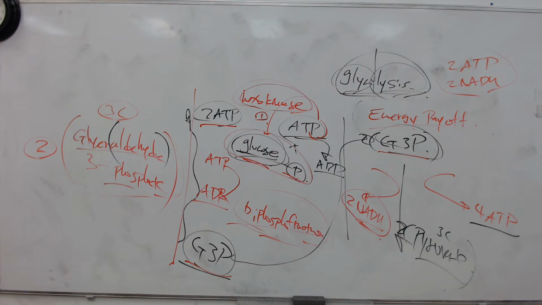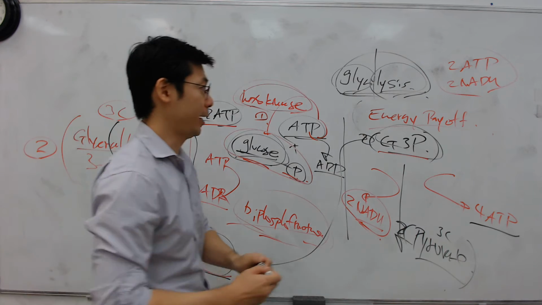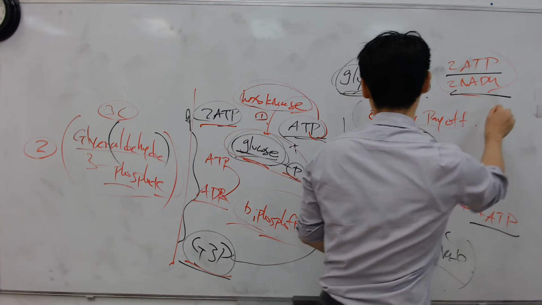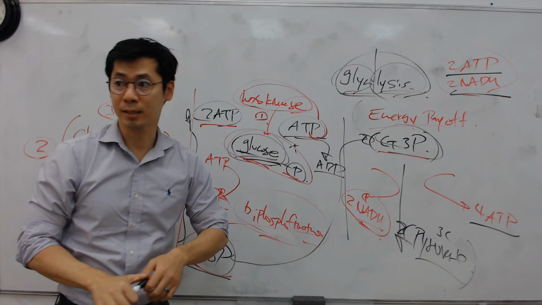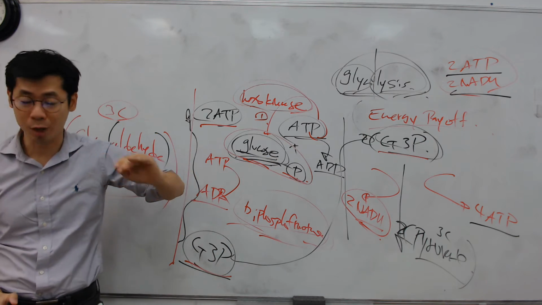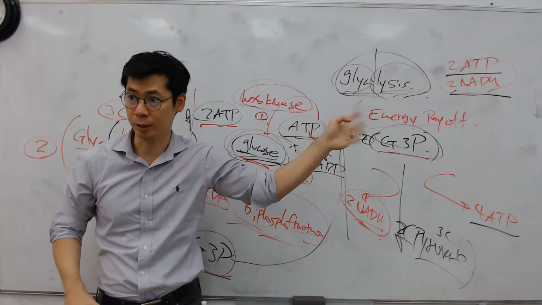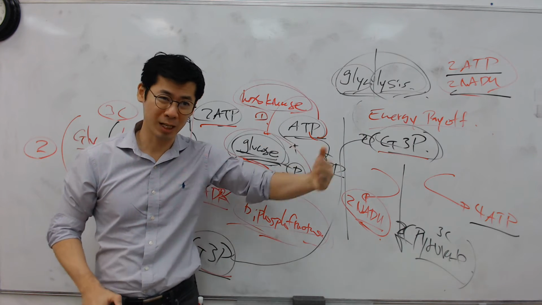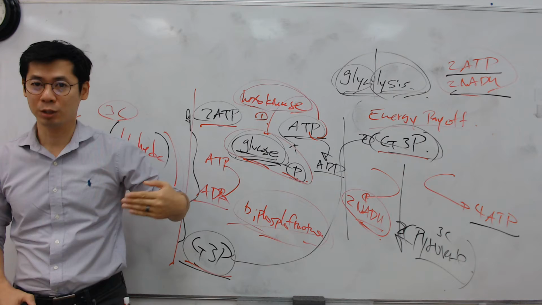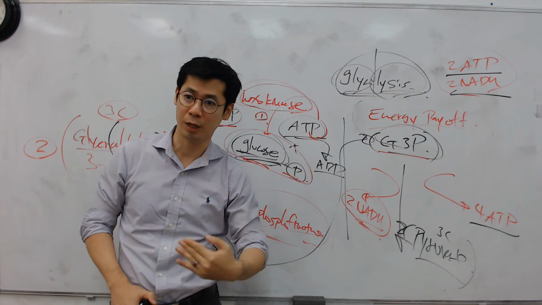If you are a prokaryotic cell, the 2 ATP they create from one glucose molecule, that's it. That's the only way for them to produce ATP. One glucose, 2 ATP, and the other stuff is waste. I know there's an extra step that makes more ATP, but that's for eukaryotic cells only.